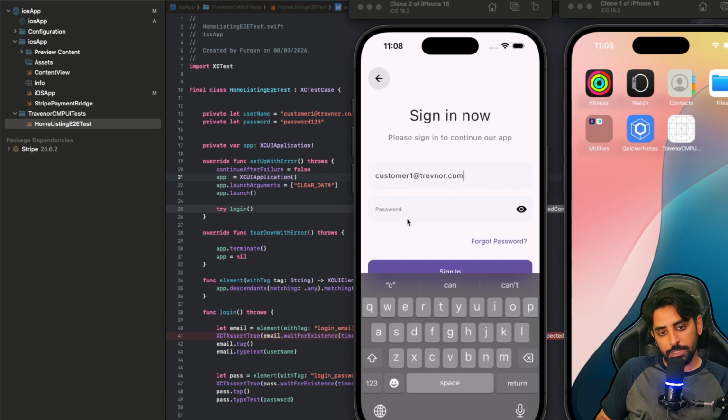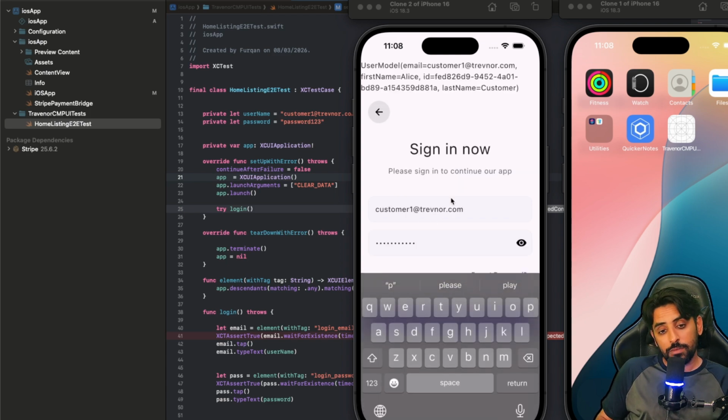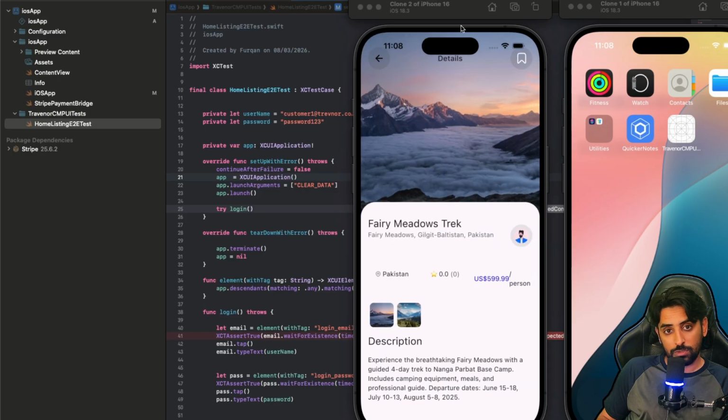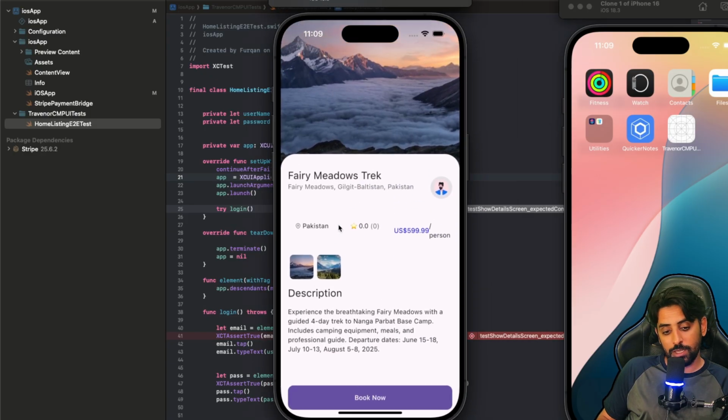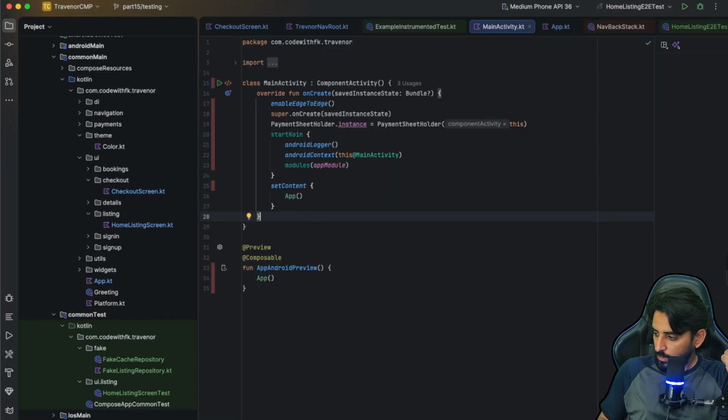Now you can see the test is working fine, and that was basically it. So that's it for this one extra thing that we had, that we need to clear the cache. Okay, so that was for iOS, and now for Android what you need to do is that we'll get